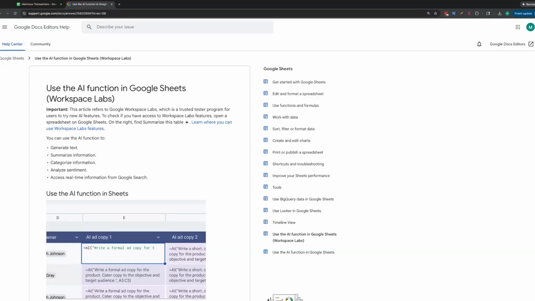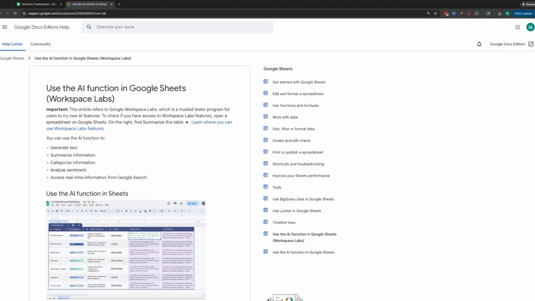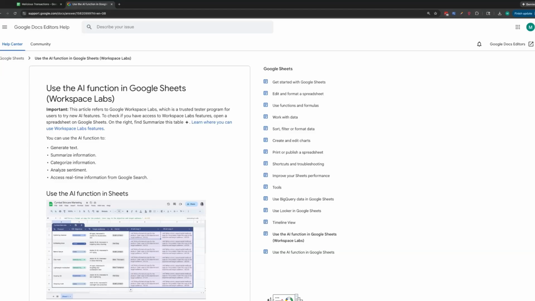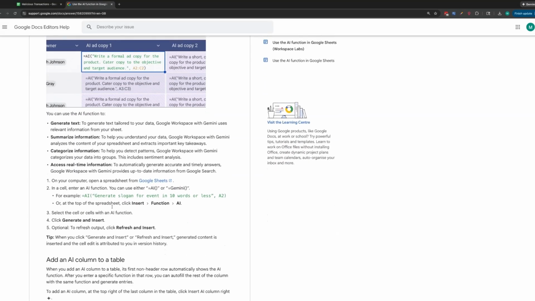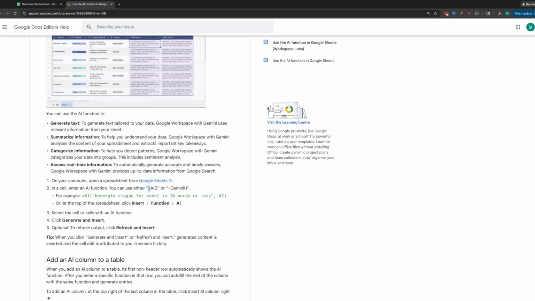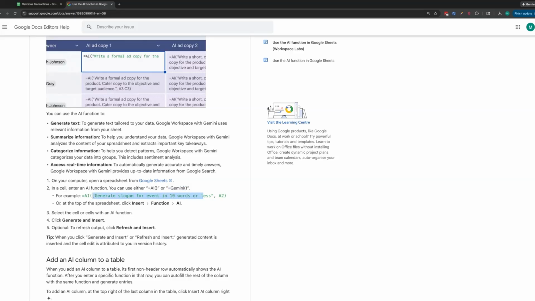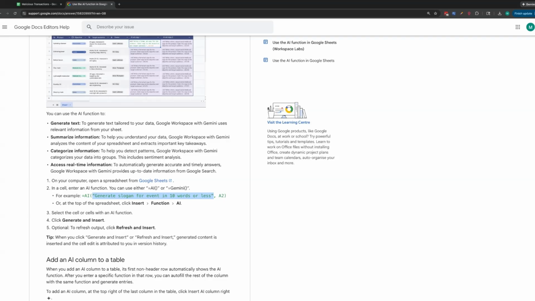In this video, I want to show you the AI function built into Google Sheets. The AI function can be used to generate text, summarize information, categorize information, analyze sentiment, and access real-time information from Google searches. To use the AI function in Google Sheets, it's fairly simple. You can type equal AI and then parentheses, or equal Gemini and then parentheses. To use the AI function, we're going to put quotes around some text that we want to prompt the large language model with, and then optional, but typically in my use cases, you're going to reference one or more cells